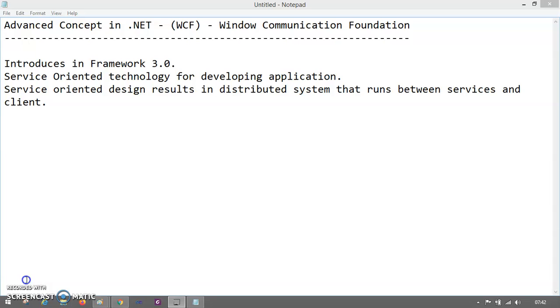The technology WCF is a service-oriented technology to develop any application. Well, it is not a base application. It doesn't give you any platform to create an application, just like web forms, Windows Forms, or WPF. It is service oriented. That means it gives you some service and you can use that service in your base application,